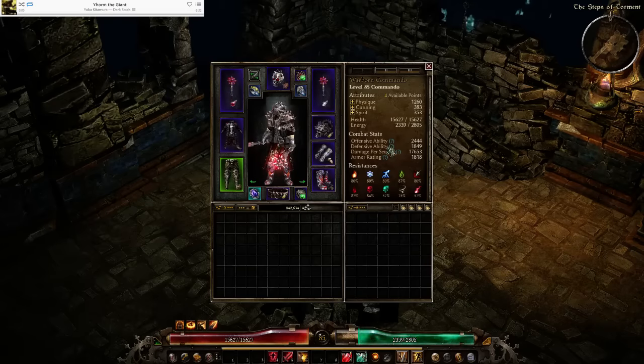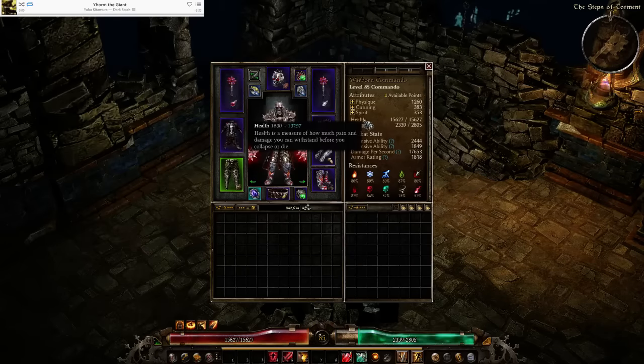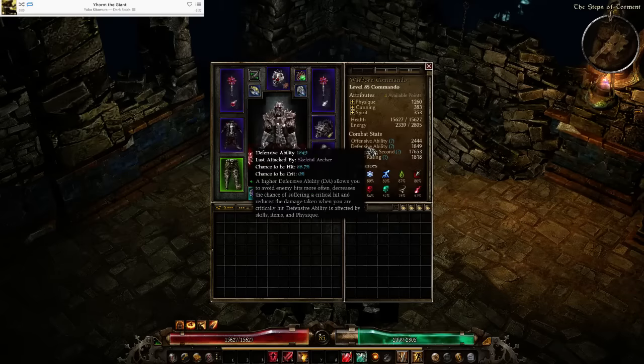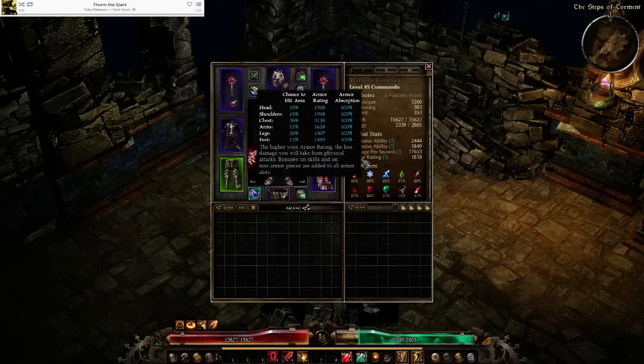I have a lot of health, 15.6 thousand. There's a couple areas where if I got better loot rolls, I could maybe get like 16,000 health. Offensive ability isn't fantastic, but it's enough to reasonably crit consistently. Defensive ability also isn't fantastic, but I've never been a fan of getting it too high either. I have 100% armor absorption and pretty decent armor values, so I don't actually take much damage at all from